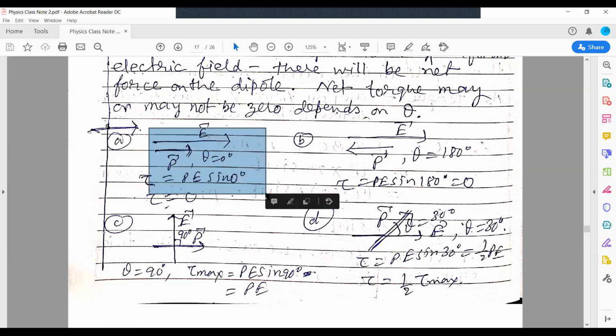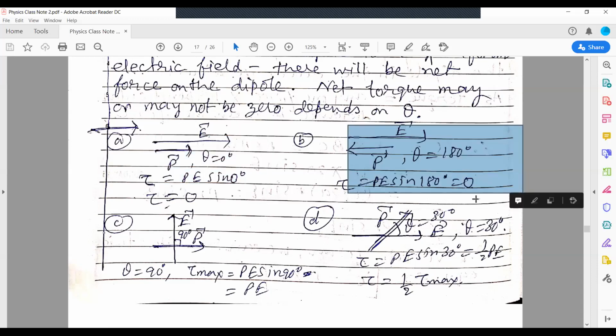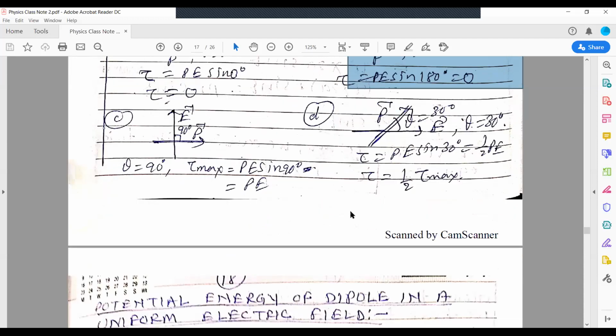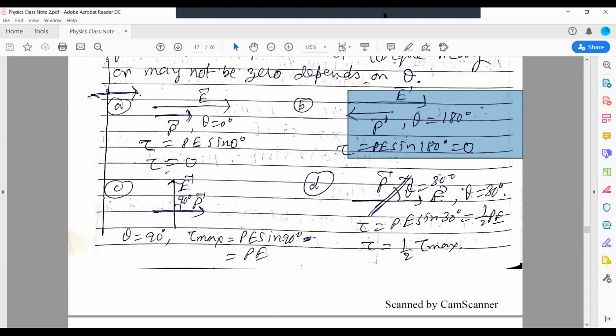It is the stable equilibrium position and it is the unstable equilibrium position. Now, when theta is 90 degree, torque is the maximum, that is P E. And when theta is 30 degree, torque is half of the maximum. And this question is often asked: for what angle will it be half of the maximum? For what angle? It is our today's lesson, the torque explained for the electric dipole, and I will upload it